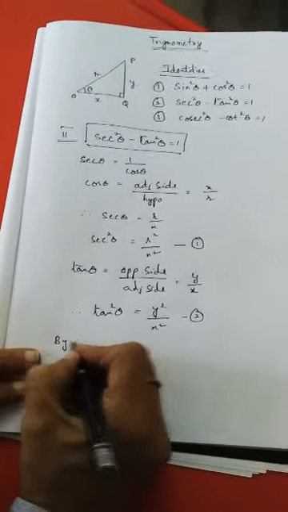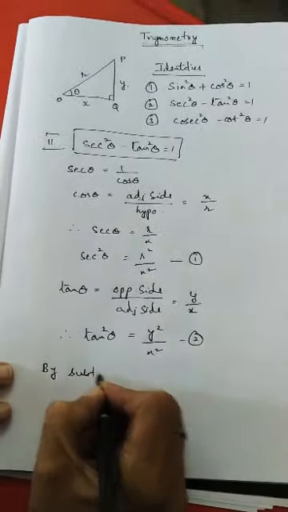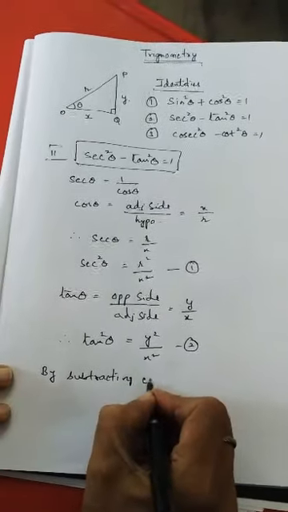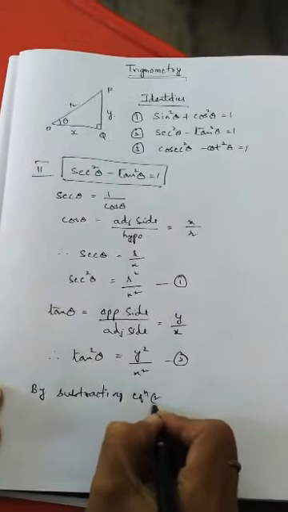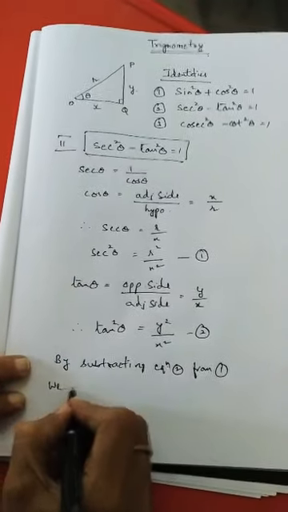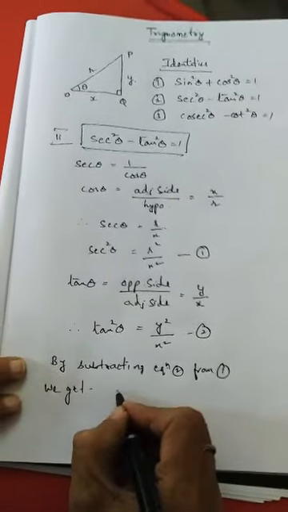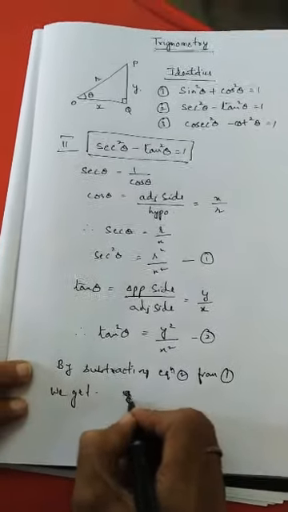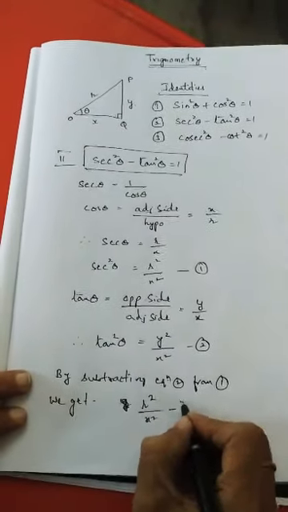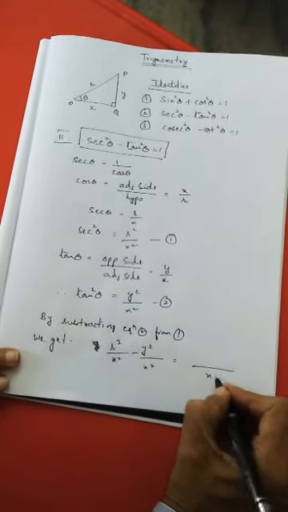Now by subtracting equation 2 from 1, we get r square by x square minus y square by x square. Here we take x square as the LCM,